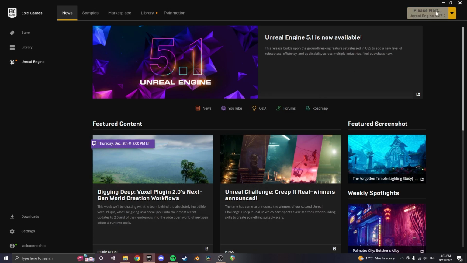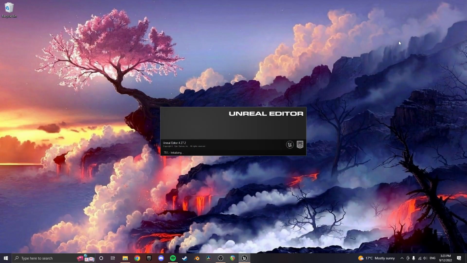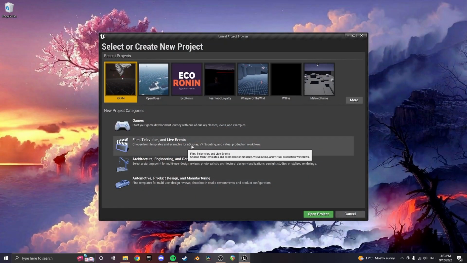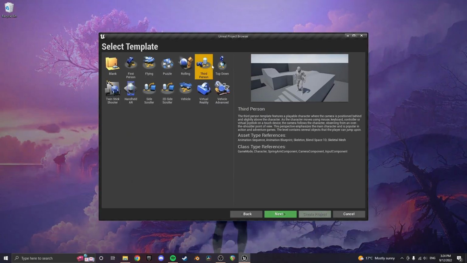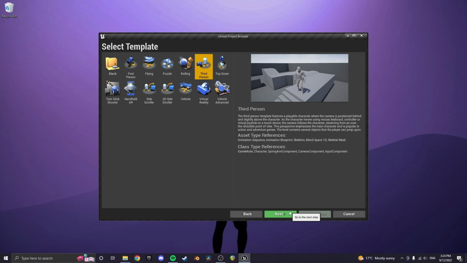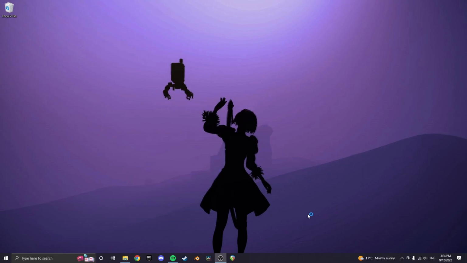Open your Epic Games launcher, click launch of your engine, whichever engine you've got installed. So that's up in the top right. I'm in 4.27 today. Click games, new, third person, next, starter content enabled, and then all the other settings there are fine. And then I'm going to call this tutorials 2023, and I'm going to turn this into a tutorial